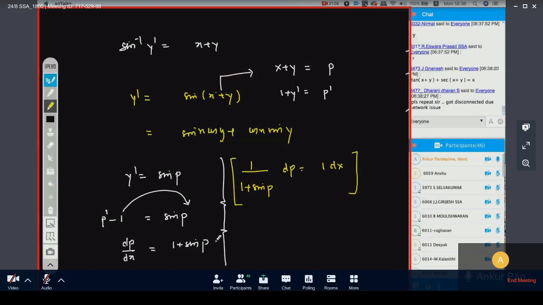Okay, Dharni, no problem. See, Dharni, the question was y dash is equal to sine of (x plus y). Then we found that there is no separation happening, so we are going for a different approach. What we are doing is making this one variable, x plus y equal to p. Clear? And accordingly we got, not the answer, actually an integrable form. Now you guys know how to integrate this, right or not? You very well know how to integrate that.